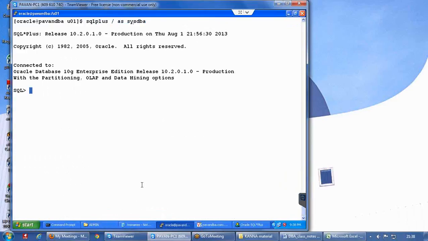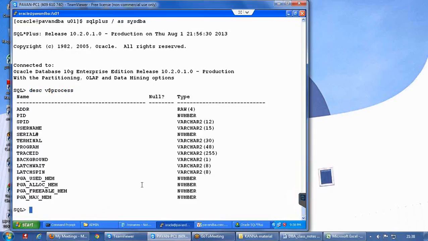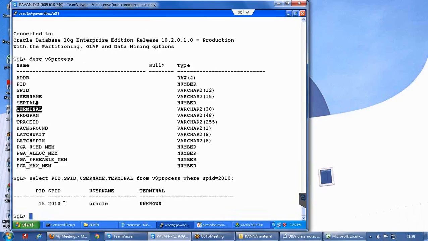So I just connected to the database, and we have a view called V$PROCESS. In this V$PROCESS, suppose we select PID, SPID, username, and let's say terminal from V$PROCESS where SPID equals 2010.